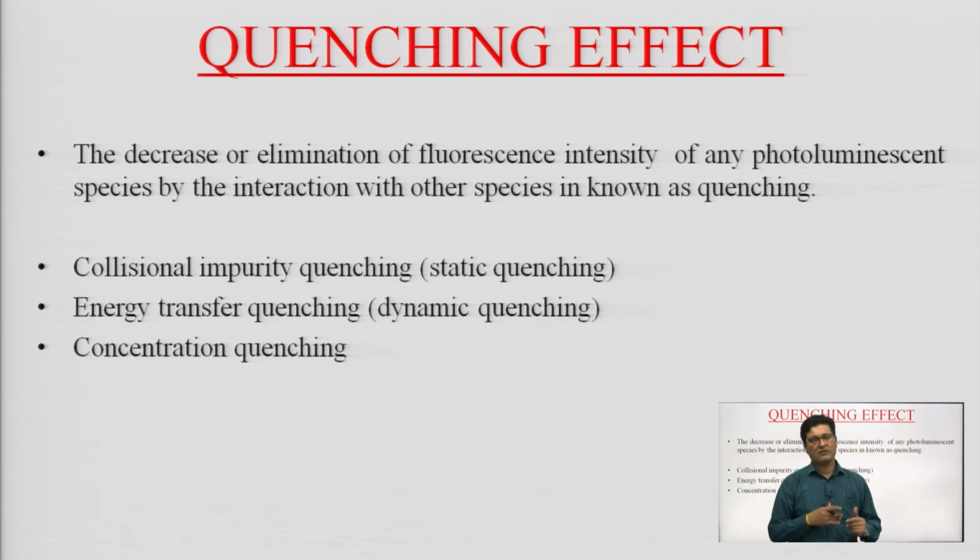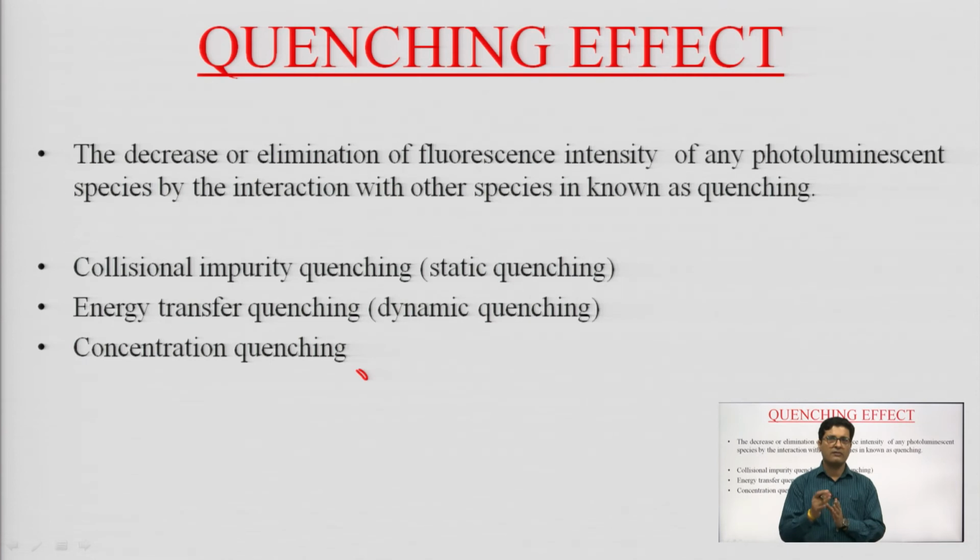Now, after these several factors, we come to quenching. So, quenching is the process or phenomenon by which the fluorescence intensity either decreases or is abolished due to the introduction of some process. So, if you are modifying the structure or the condition and the fluorescence intensity either decreases or is abolished, that decrease or abolishment of intensity is called quenching.